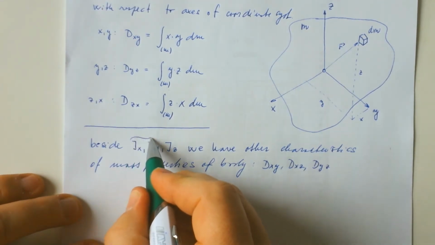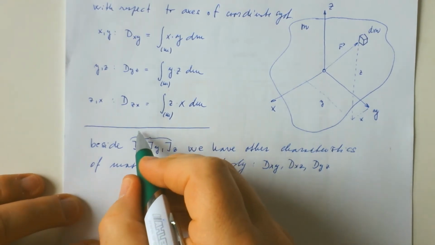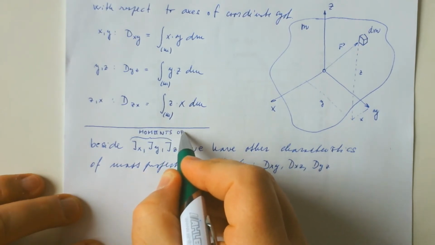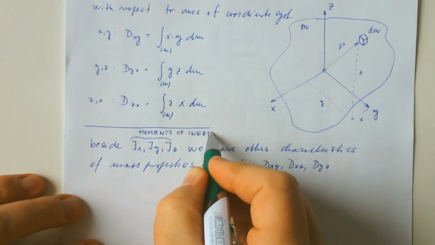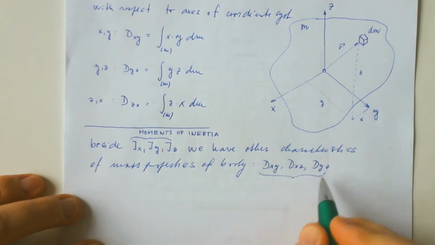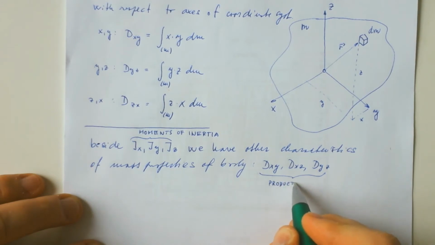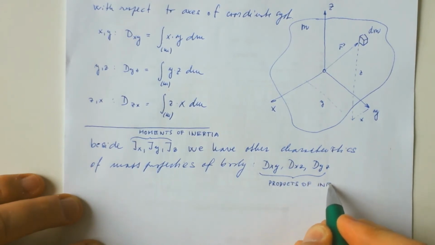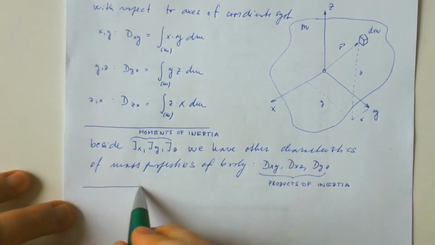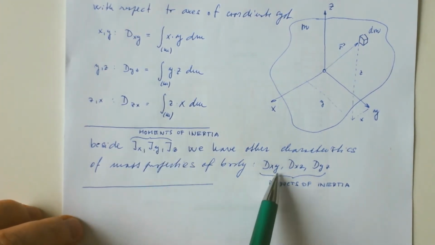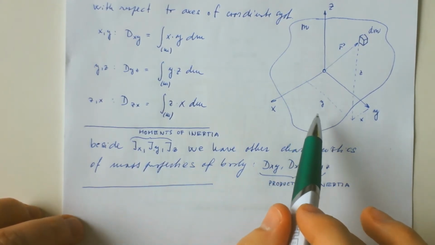These numbers are called moments of inertia, and these numbers are called products of inertia. So we have 6 characteristics, 6 numbers defining mass properties of body,